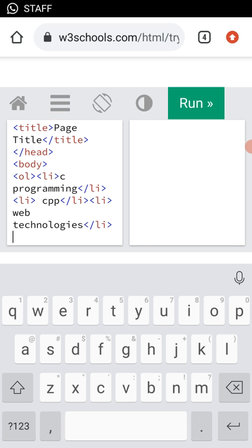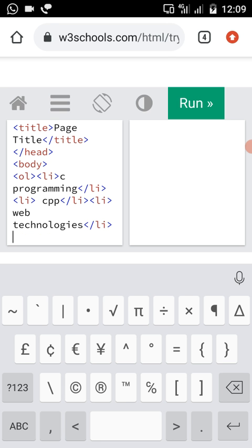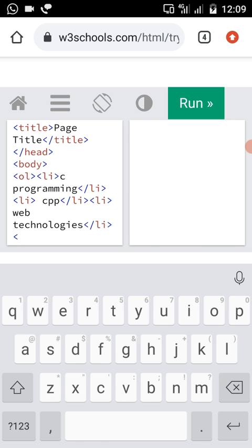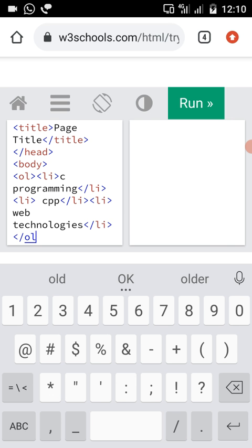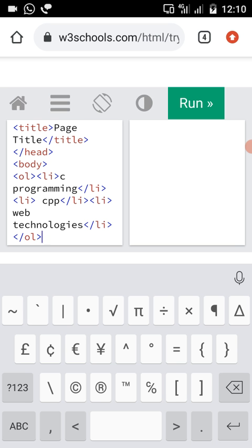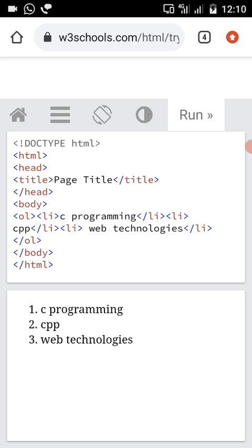After finishing writing your ordered list, close the ol tag. Here ol means ordered list. Now we can run this program. The first list item which I wrote is in first, then the second one is cpp and the third one is web technologies.